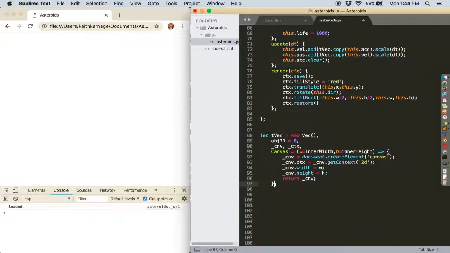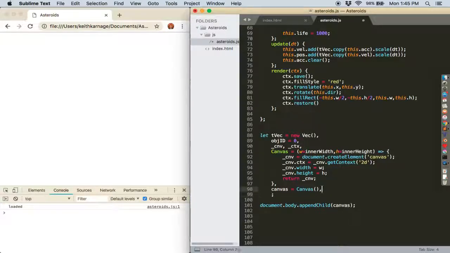Alright, now we need our actual canvas we're going to make, so we go canvas equals canvas. We're just going to make this one that size, and then we can document.body.appendChild the canvas. Alright, so now we're going to have a canvas on screen. We haven't drawn anything to it. I'm going to start making some game loop